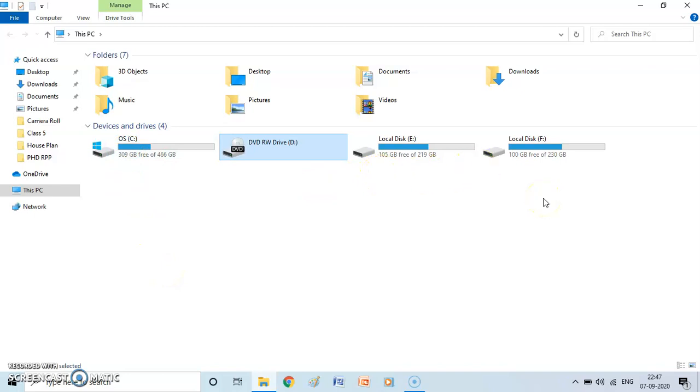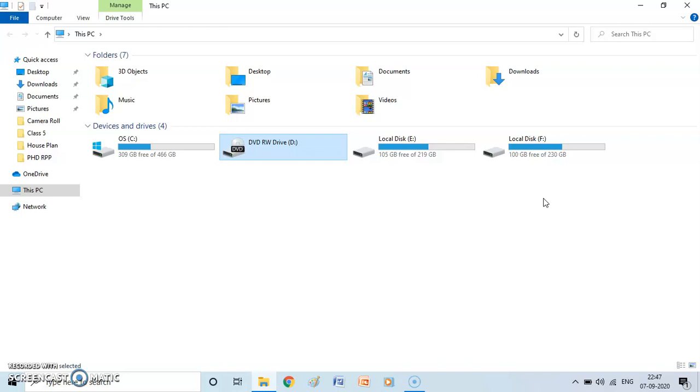What this means is that there are not 3 hard disks in my computer. I have partitioned my total hard disk into 3 parts. So this displays all the partitions of hard disk drives in the computer. We can view the contents of any hard disk partition by double clicking on it.